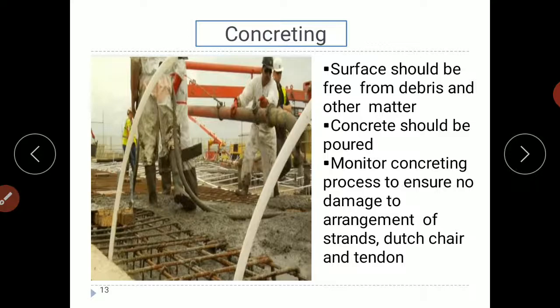By using this assembly, it can vibrate, or it can cause a disposition. It can change the positions of the strands, or cause minor disposition. So we have to monitor those things, and we have to protect, or make the same layout that we have designed.